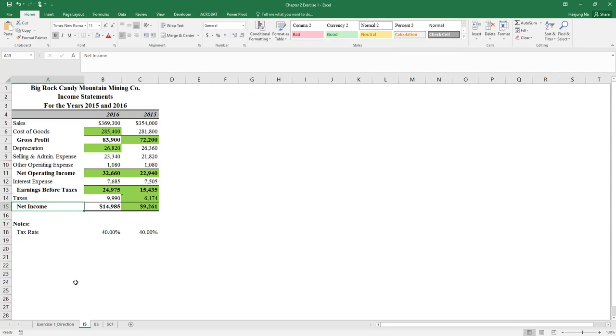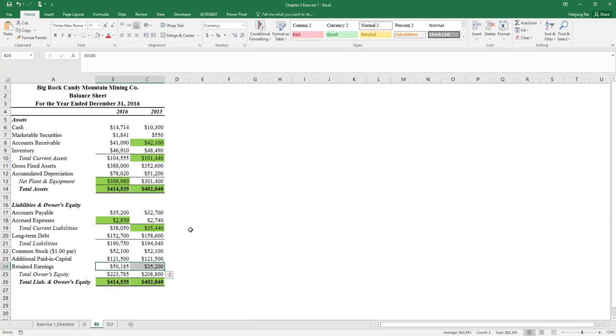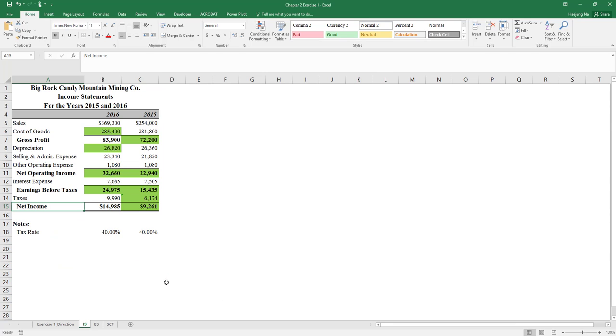If you recall from the balance sheet, there is a separate item called retained earnings, and we have two values for retained earnings, for 2015 and also for 2016. What it means is that throughout the year from 2015 to 2016, the amount for retained earnings increased that much. The difference was actually added to retained earnings. So the difference means the addition to retained earnings. All right, keep that in mind.